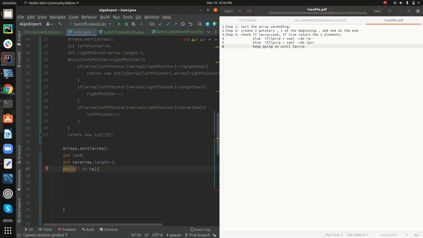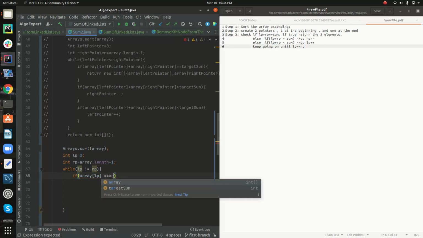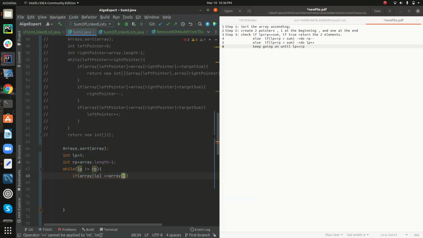Okay, sorry, over here it is just left pointer. So here it starts: if array of LP plus array of RP is equal to target sum,